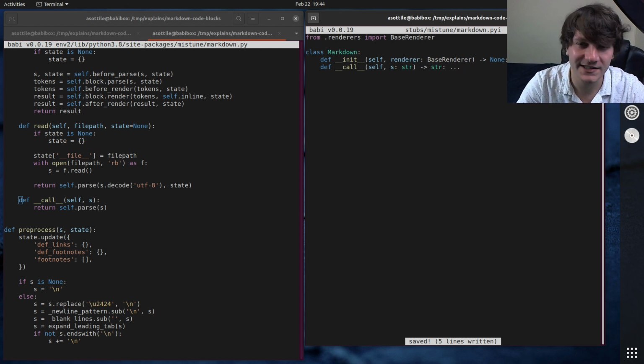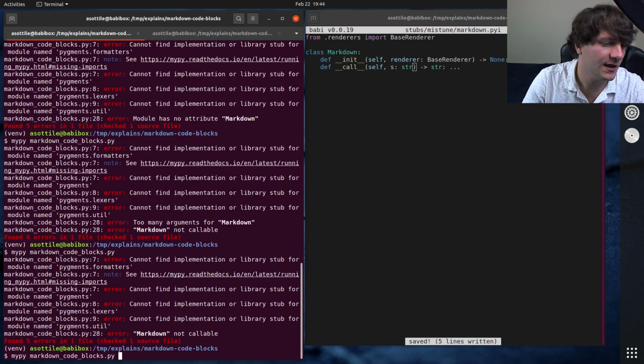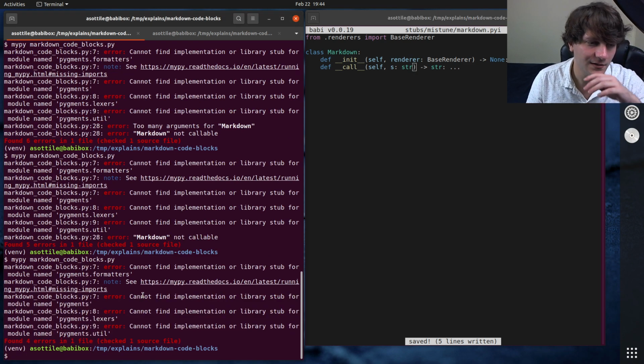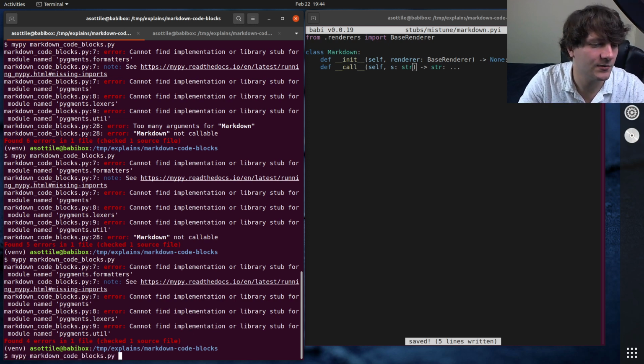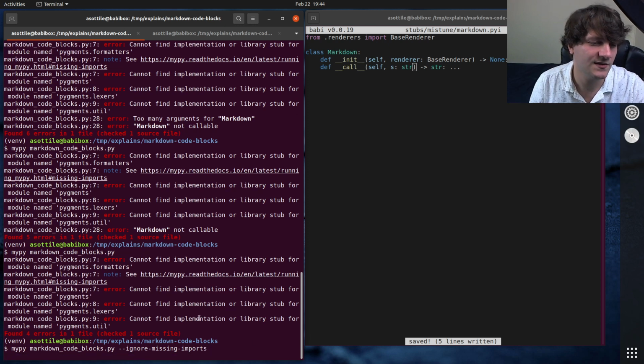And so this call function takes a string and returns a string, and so you can see now we have fixed mypy, and so now, let's do ignore missing imports just to make these ones go away,